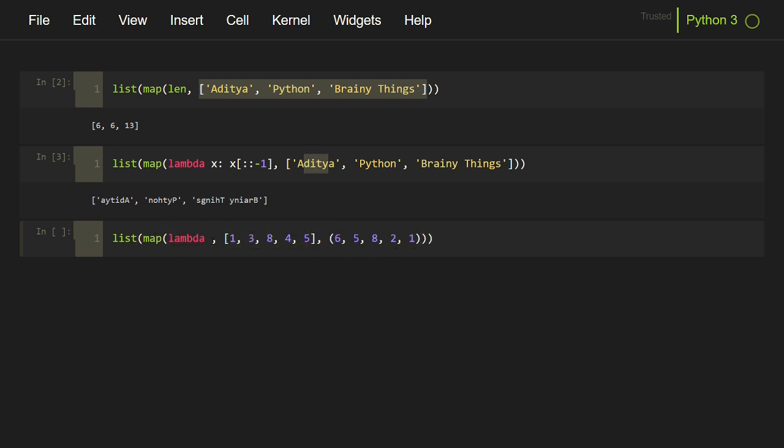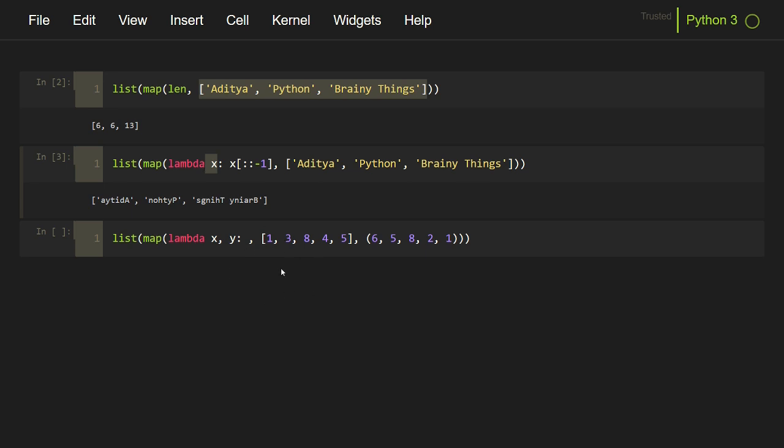The lambda function in the first parameter should take a number of parameters that match the number of iterables we are passing to the map function. So in this case, we will have two parameters, x and y. When we had only one iterable inside the map function, we had only one parameter, so this is consistent with the previous case as well.